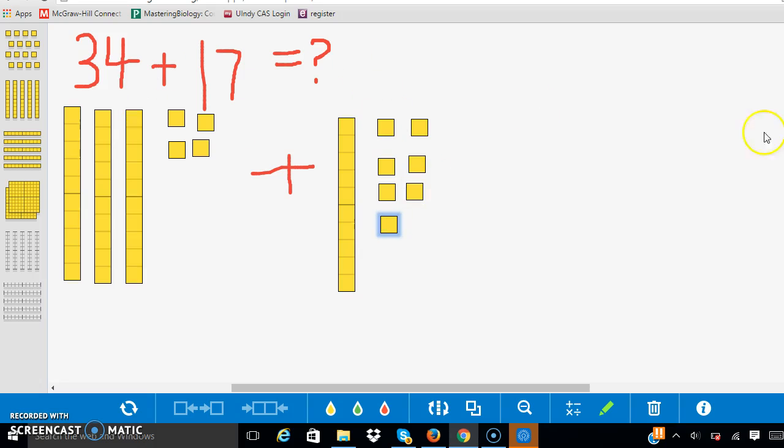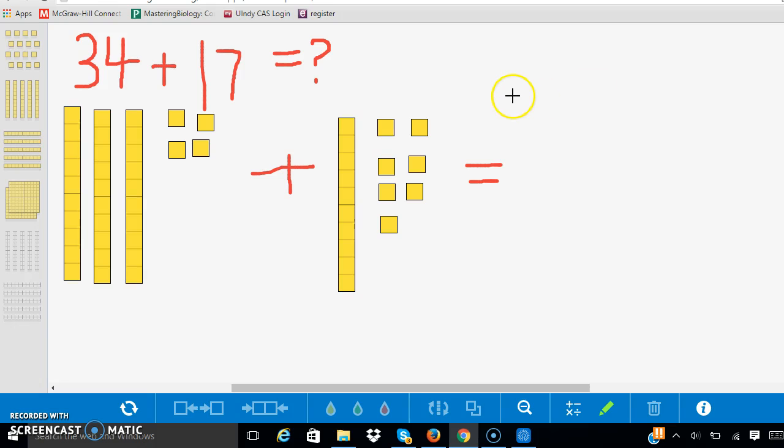And again, since these are fairly big numbers, it's okay if you don't know the answer right off the top of your head. That's why we have these base 10 blocks called manipulatives, so we can count out each little square, or you can know that each rod is 10. So we're going to say this is 10 plus 10 plus 10 plus 10. And if you don't know that off the top of your head as well, we can always write 10 plus